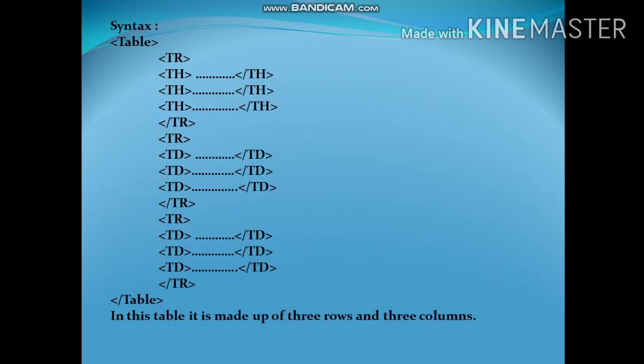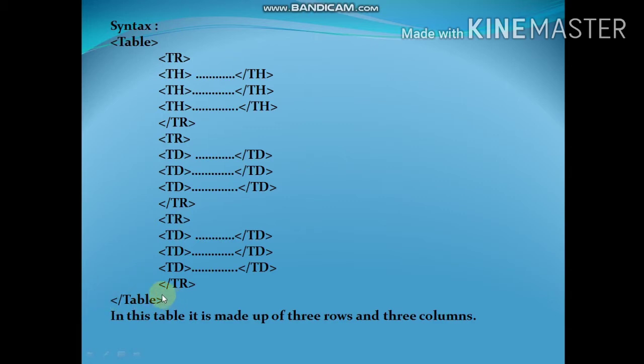The next syntax is the table tag, then the row tag, tr, then the head tag. What are the headings? These three are the columns, and this closes the row tag. Then the second row: again you should open with tr, td, here we should enter the data or information, that means another column. Three columns are there, then close the tr, then again open the next row, that means the third row, with another data tag, and close the row. Last you should close the table tag.